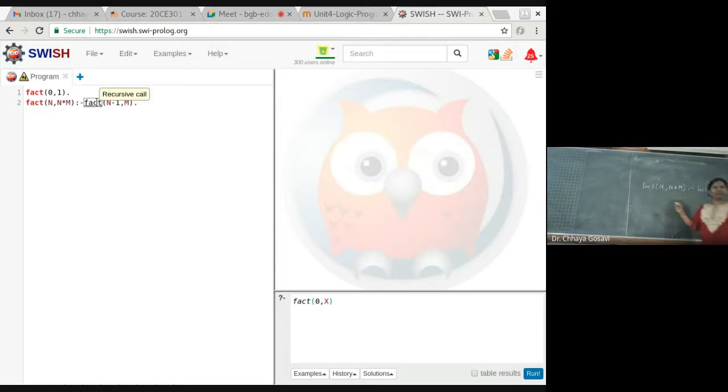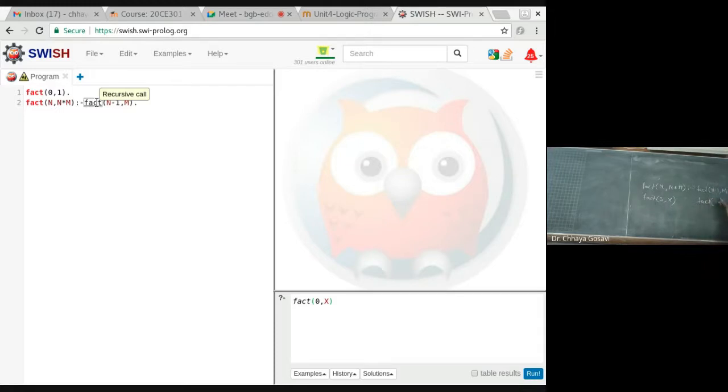Now what do we want? Factorial of 3 comma x. So it will check. We didn't have a fact saying fact 3 is something. So it will go into this rule. Factorial of n is n into m, but we don't know what m is. So it will call this recursion. It will call factorial of n minus 1.